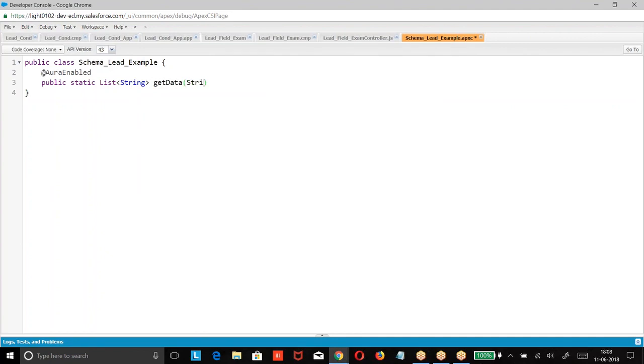How can I get the options? If you give object name and field name, I need to get the options in the list. So what is the program we have to write? Schema programming. In the schema programming, what was that? Get global describe. What will this do? Map of string comma schema dot